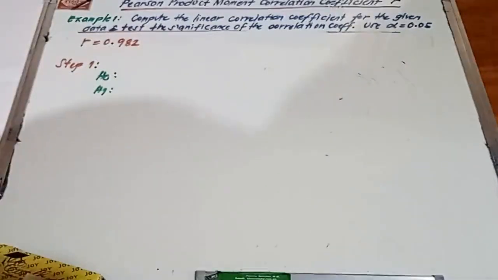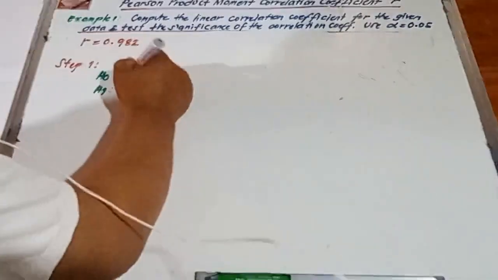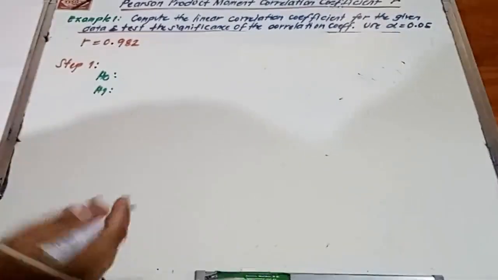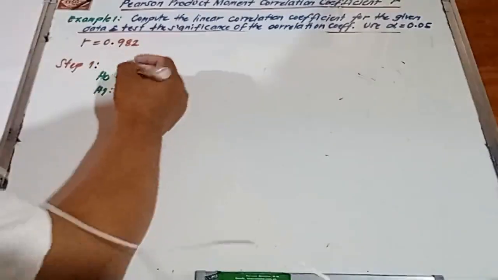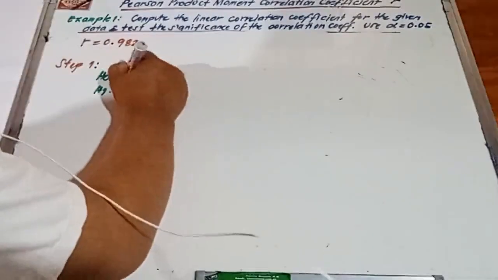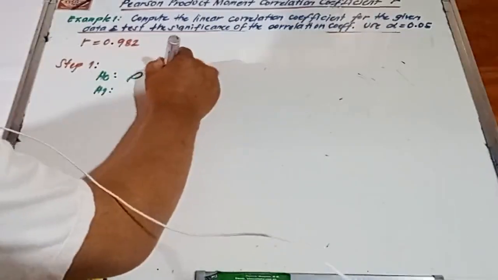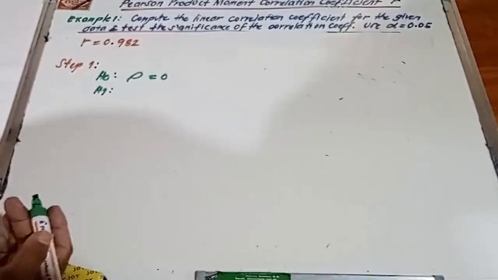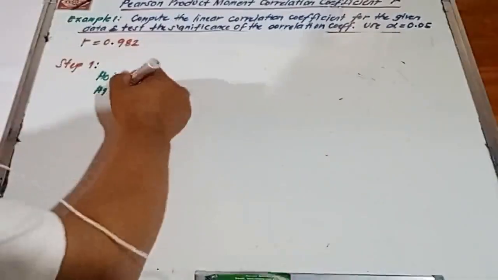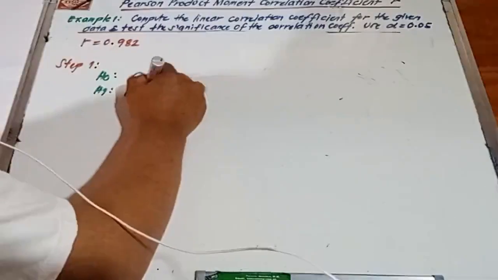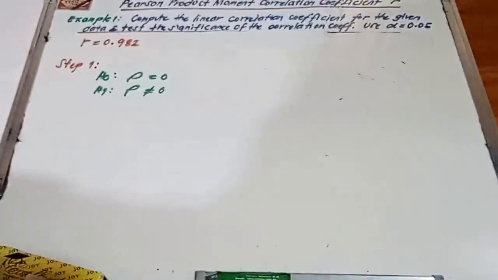Ang ating null hypothesis is there is no significant relationship between the two variables. Meaning, yung ating number of cars sold do not have a relationship dun sa ating revenue of the company. So that is rho equal to 0, meaning no relationship. And our alternative hypothesis, there is a relationship. So therefore, the symbol we use is rho not equal to 0. Okay? And then for step number 2,